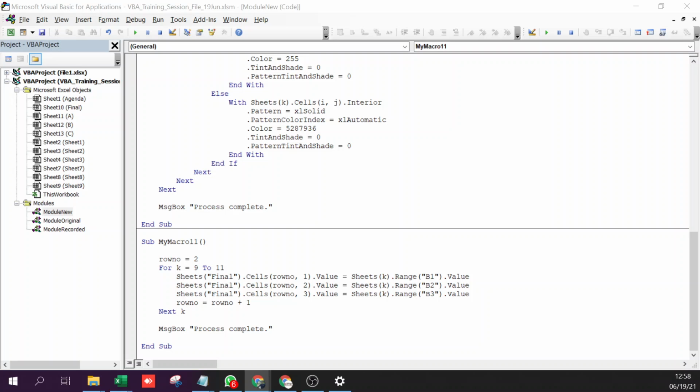Can you name major applications of macros? I know one such, which is the shell function. Sorry, but shell function, as far as I know, it's used to open files and so on, right? That's why shell is used in VBA. Now, it's not just using macros to automate your Excel spreadsheets.